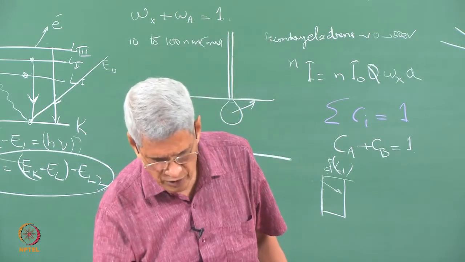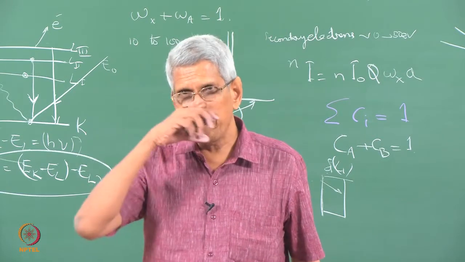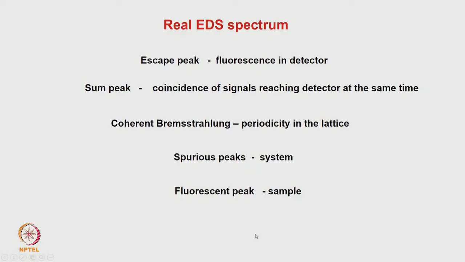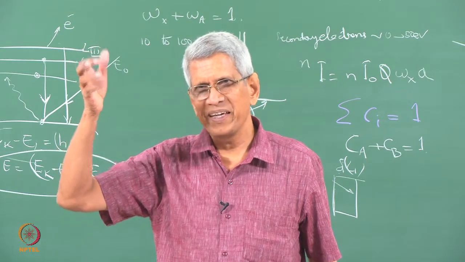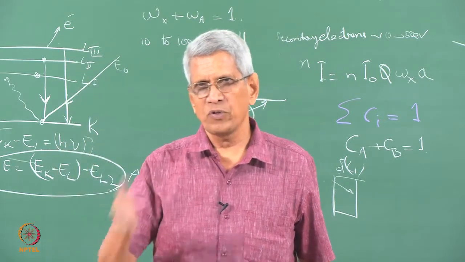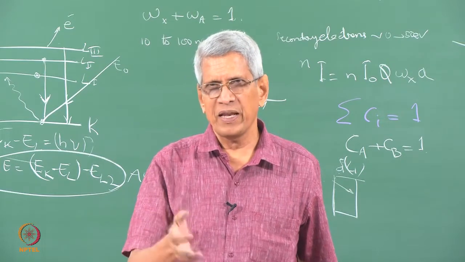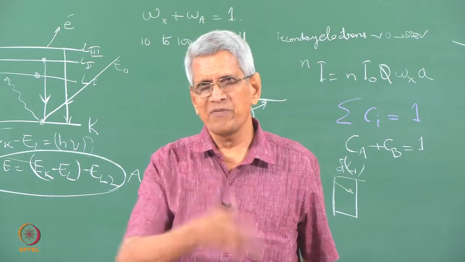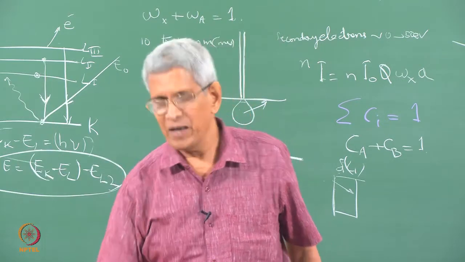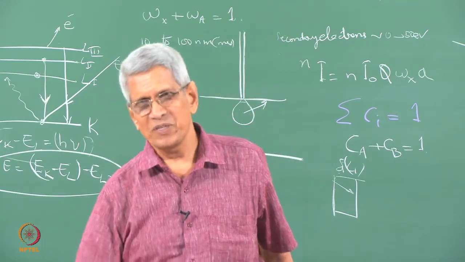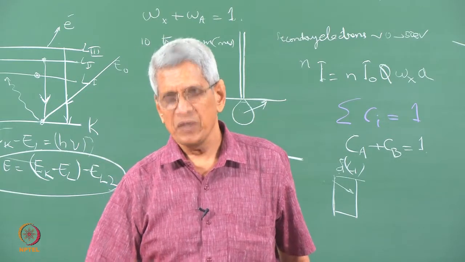Then there are the fluorescent peaks which can come. All these are the factors. What is the effect of the fluorescence peak? The fluorescent peak will increase the intensity of one peak and reduce the intensity of another. Suppose this fluorescent peak matches with another element. The intensity of that element's peak will go up, and the intensity of the original element from which the X-ray was produced will come down.